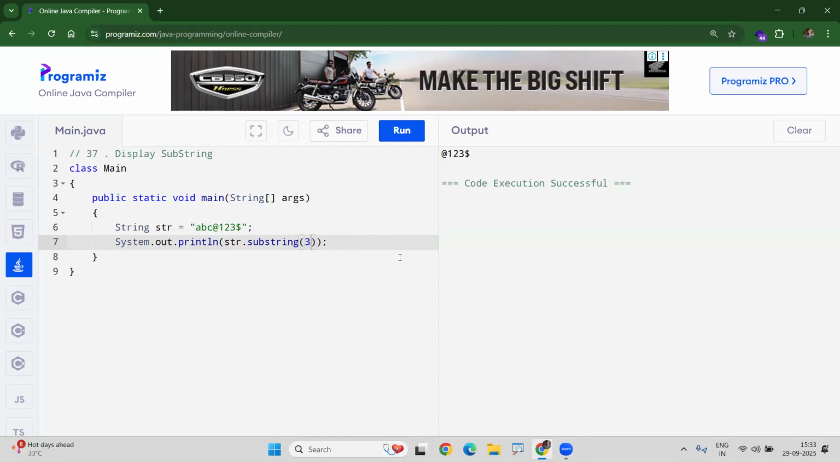Look at this. Hope you got it. From index number 3, the 3 is inclusive. 3 to end. Now I just want to print only starting from 4,